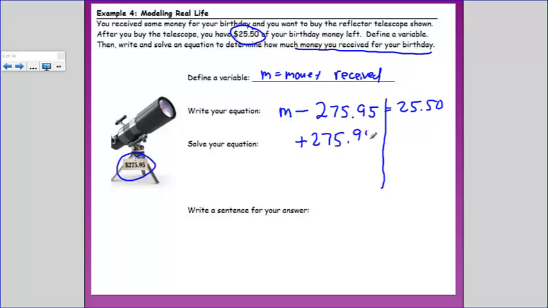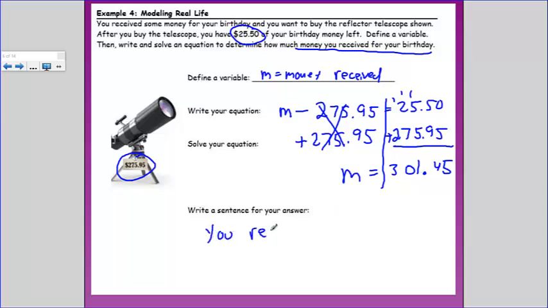So the inverse operation would be, if it was minus, would be add. And when I add over here, I'm going to make sure that I line up my decimal point. And now as I add going downward, carry a 1, carry a 1, carry a 1, decimal point. You received money sign